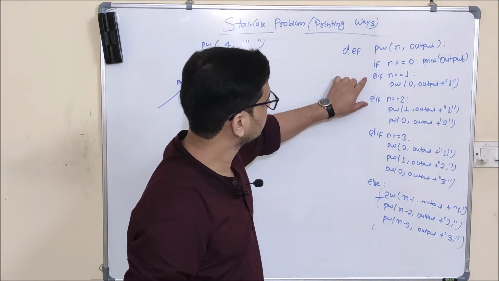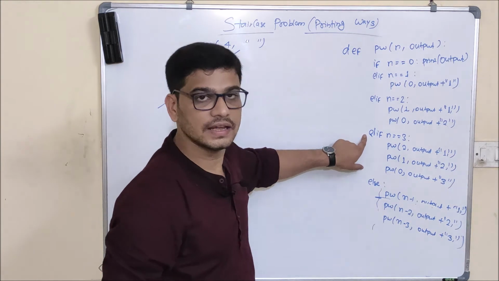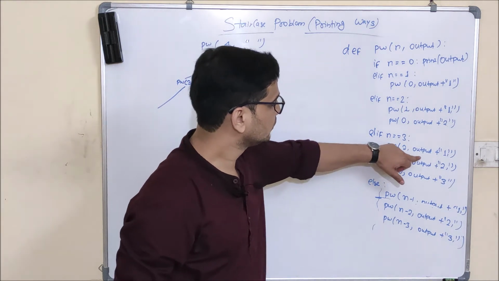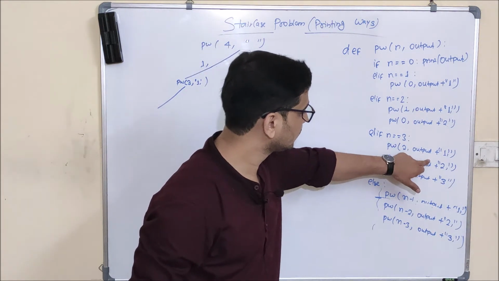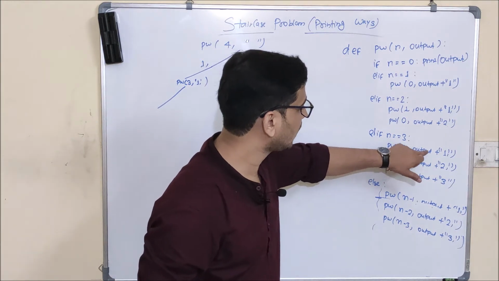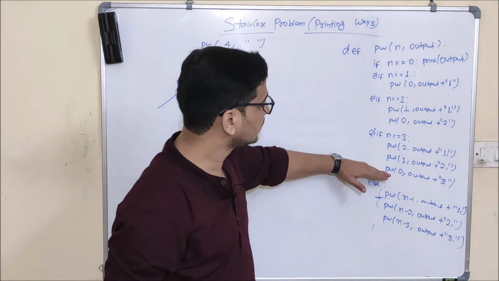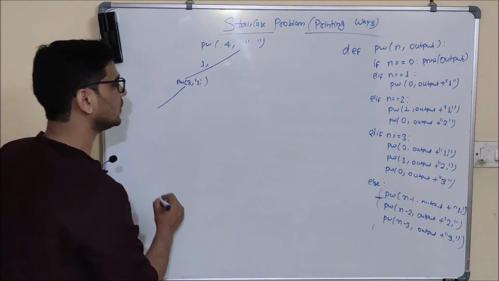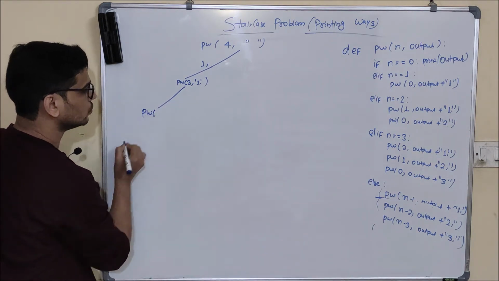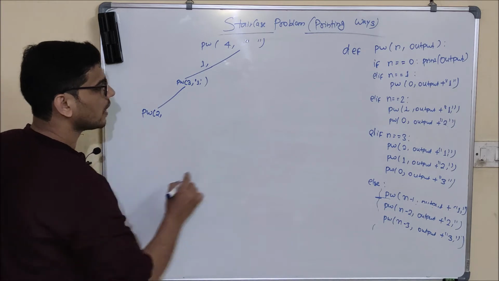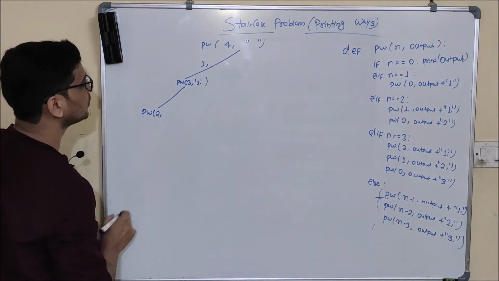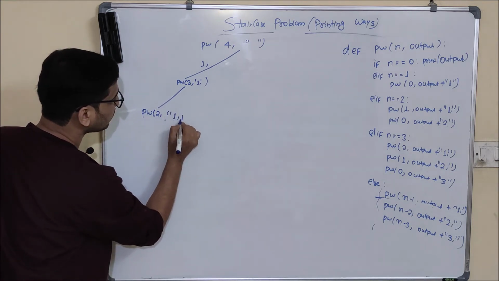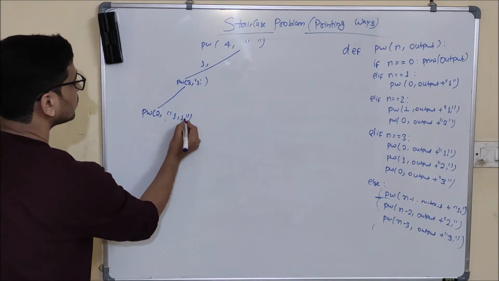This will be false, this will be false, this will be false, this elif will be true, and these 3 lines will be executed. But first of all, this will be called, that is it will take a 1 step jump and make a call to pw2 comma output plus 1, and till the time it does not return, these 2 lines will not execute. So a function call will be made to pw of 2 comma output plus 1. Right now what is there in the output? 1. So along with 1, one more will be appended.